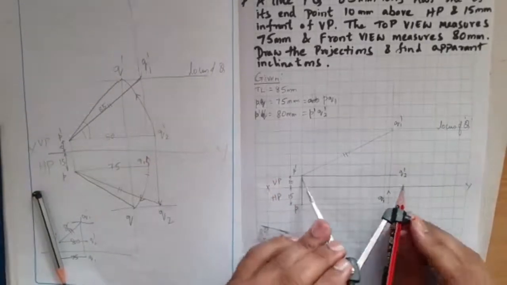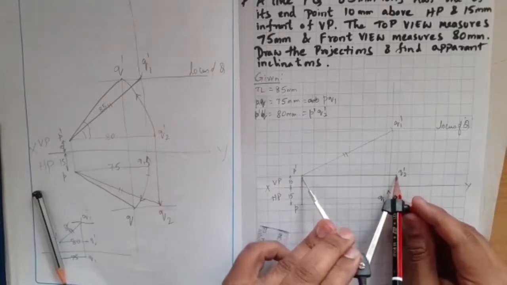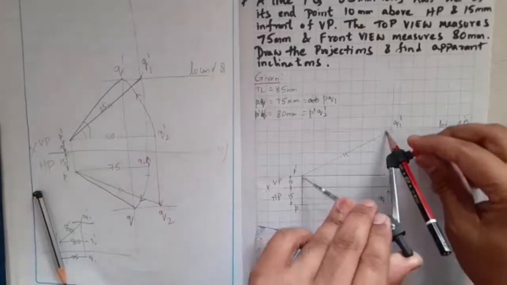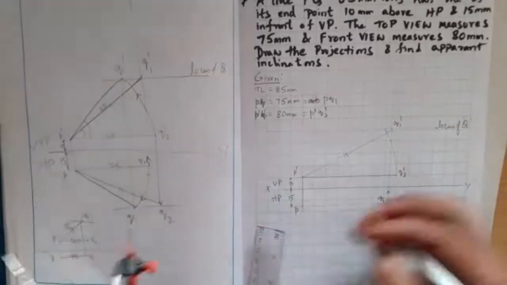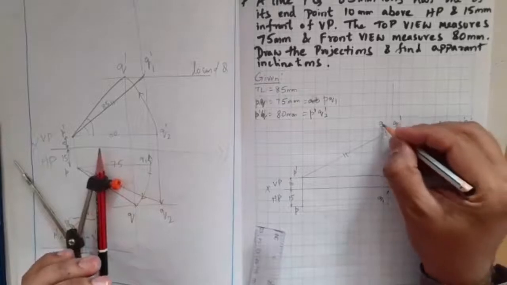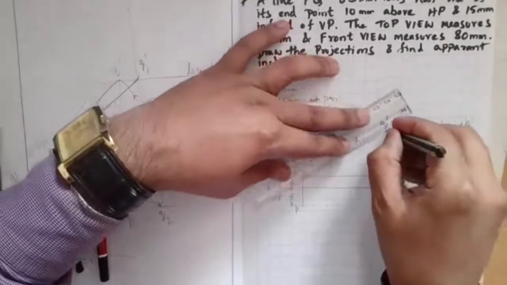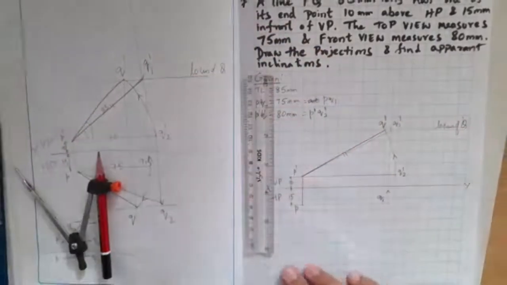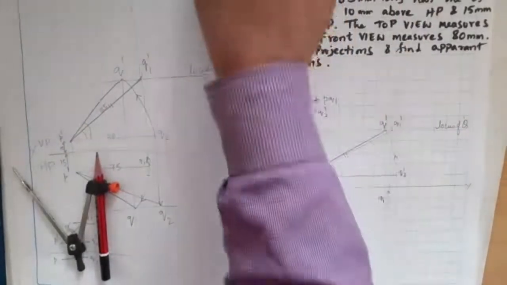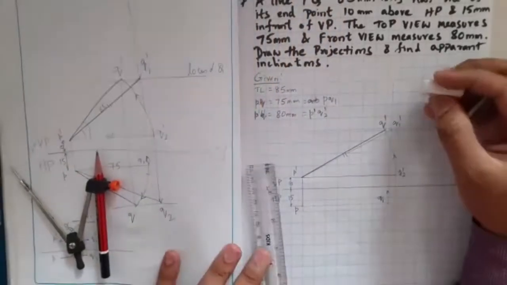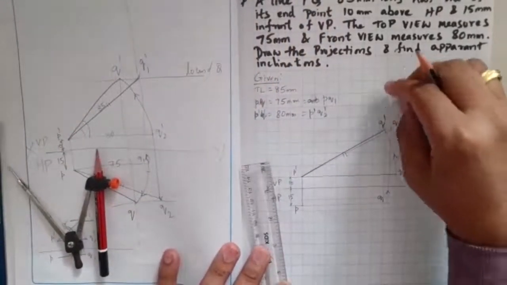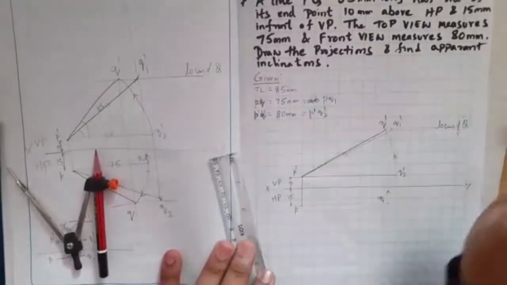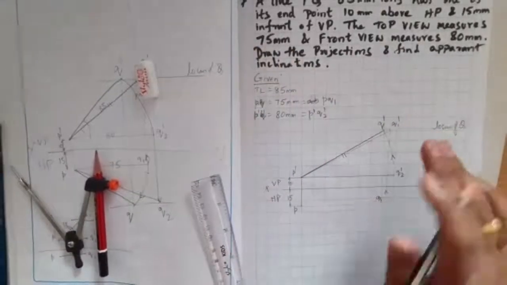So next, P dash Q2 dash, as the front view is 80 mm, Q must be here. So I am going to take it back 80 mm from Q2 dash to Q dash. So this Q dash is somewhere here, and I'm going to mark P dash Q dash as a dark line. All other things are unnecessary lines for me. Erase unnecessary lines. This line is not necessary for me, and this extra line is also not necessary, so that your drawing will be neat with fewer lines.